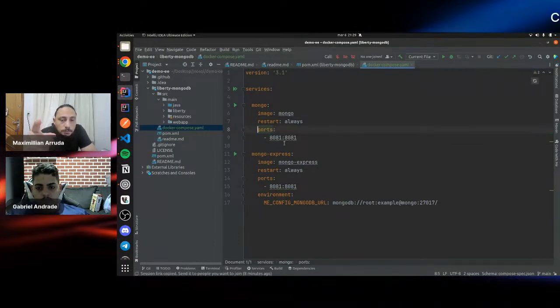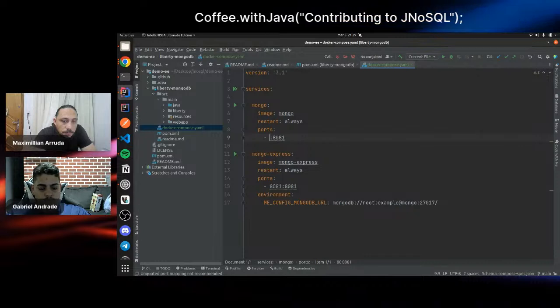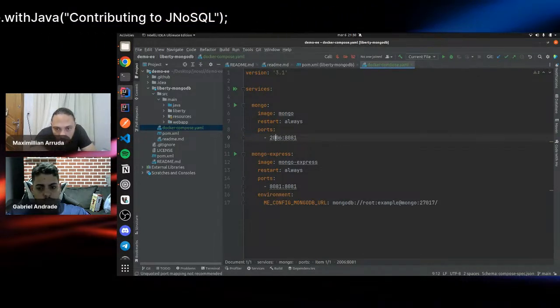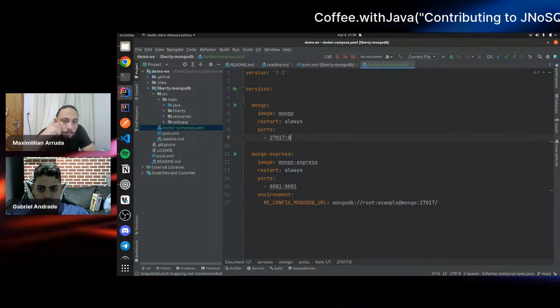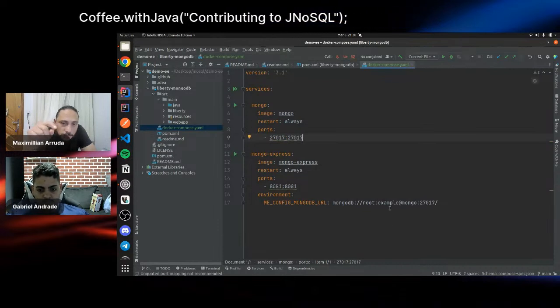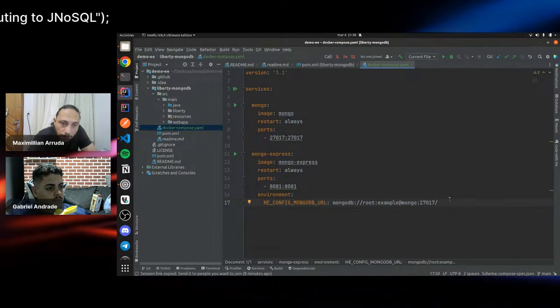So the port that you need to expose is 27017. And point to the same port in the container, because what's happening here is that we instruct Docker to bind this port to our local machine.